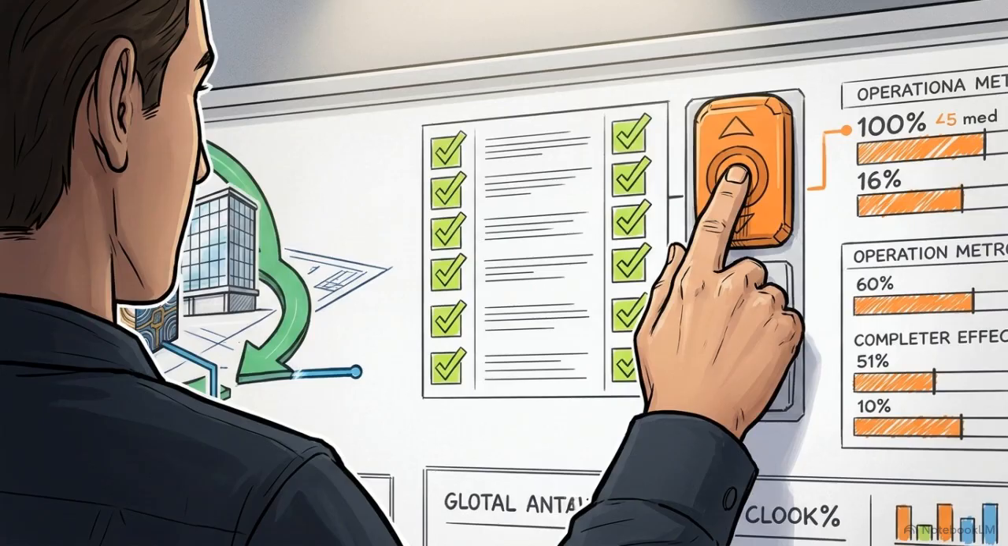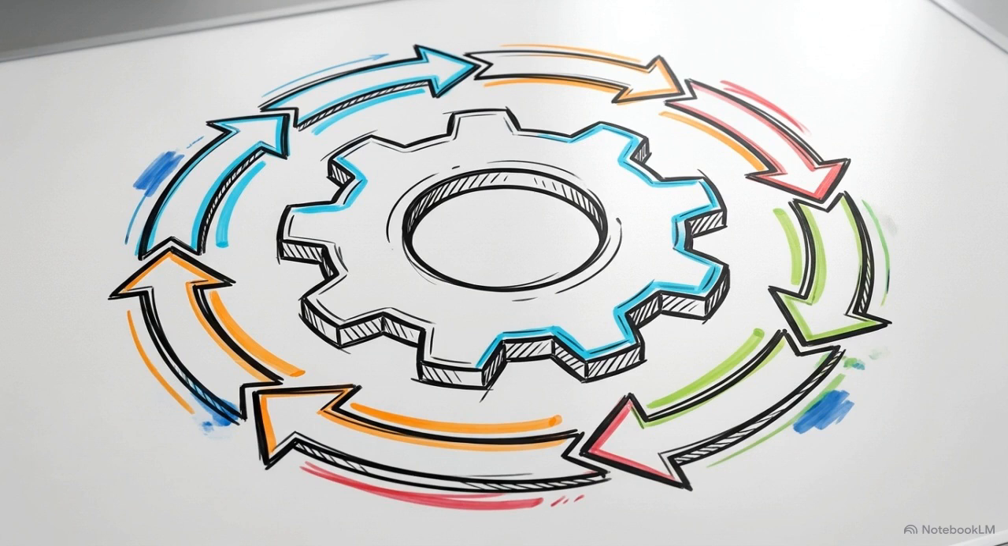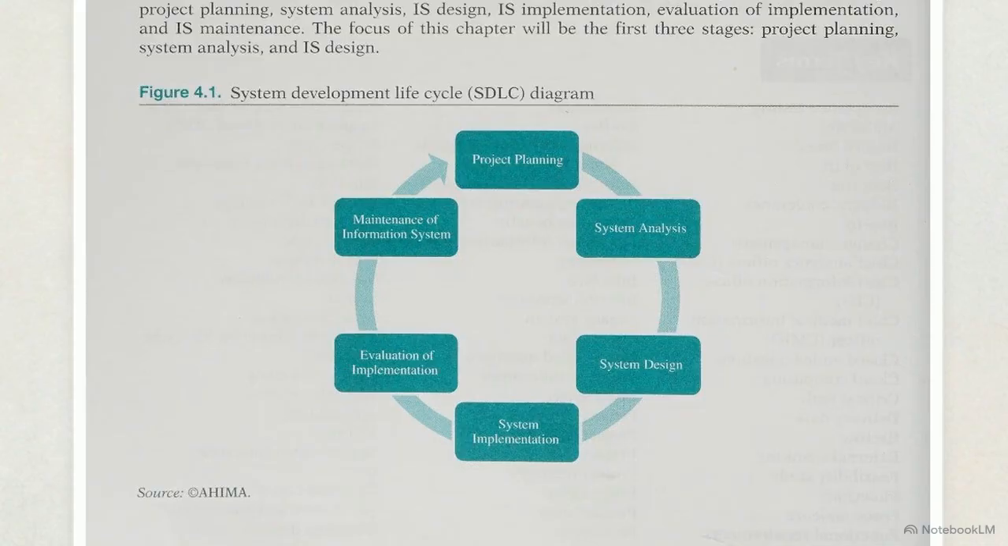A successful go-live depends on the rigorous application of a structured methodology to manage the transition. That methodology is the System Development Lifecycle, or SDLC. This diagram shows the complete SDLC process, a cyclical model used to govern an information system from its initial conception